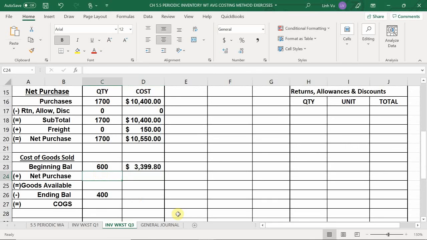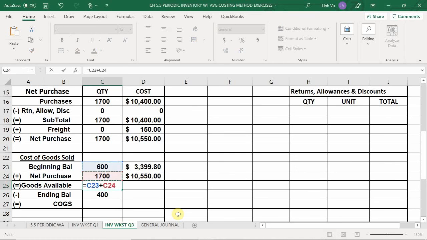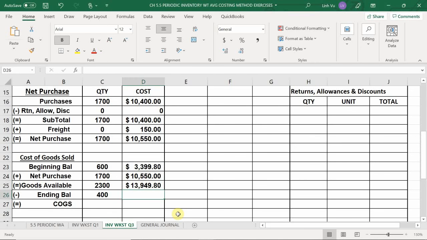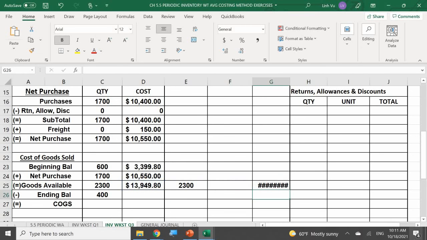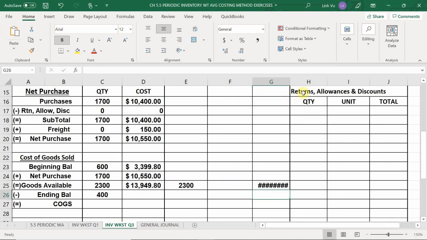We're going to carry our net purchases down, okay, to give us our grand total goods available to be 2,300 at a grand total of $13,949.80. So this is where I'm going to go ahead and take my average cost per item, right? If I have a total quantity of 2,300 units, right, at a total cost of $13,949.80,